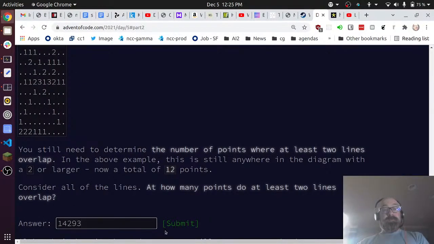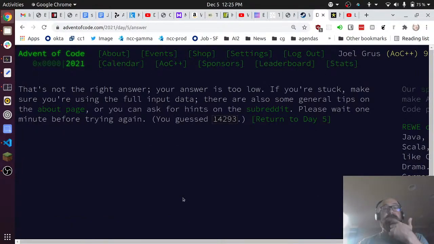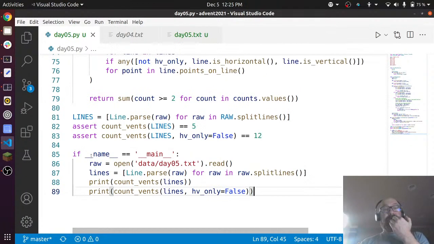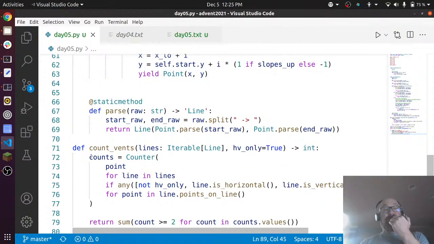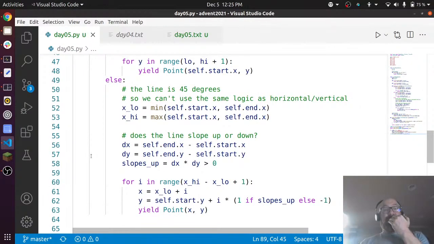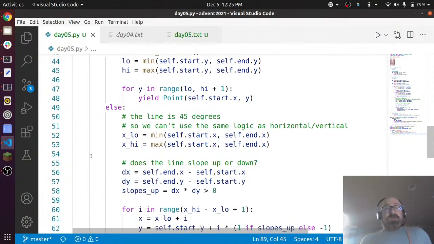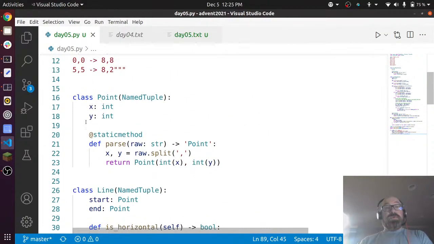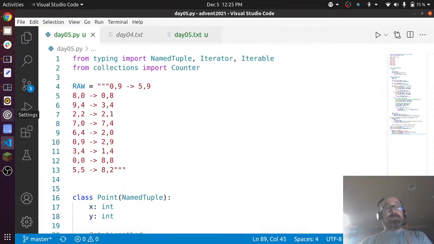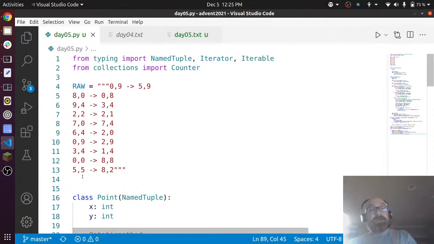14,293. That's not the right answer. Answer is too low. Okay, so let me think about this. Let me make sure I've got both kinds too. 5, 5 to 8, 2. Okay, so